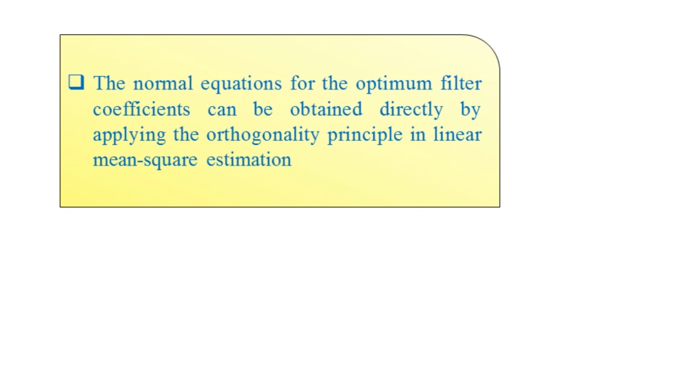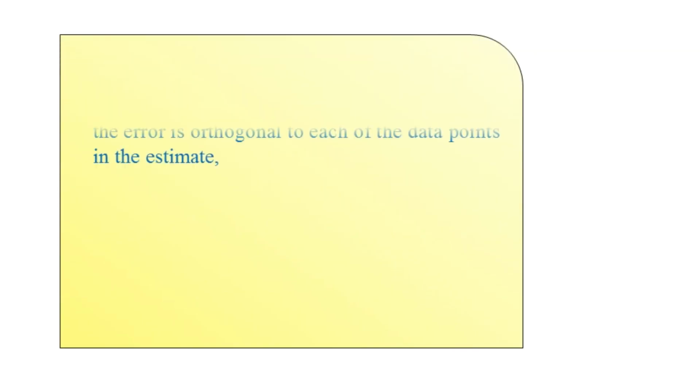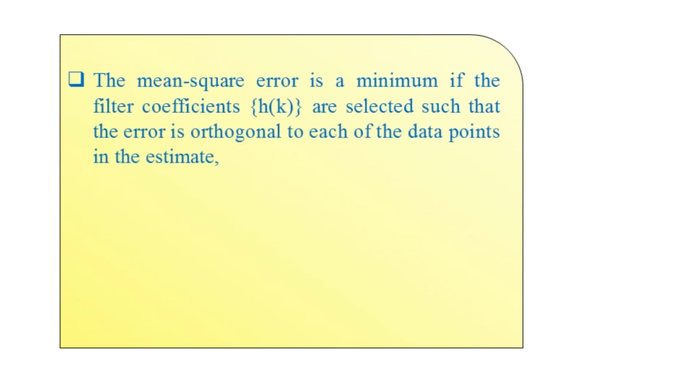Simply, the mean square error, which we denote with the Greek symbol epsilon, or psi, here xi, is a minimum if the filter coefficients, which we generally denote h of k, are selected such that the error is orthogonal to each of the data points in the estimate. It can be expressed as capital E of small e of n multiplied by the conjugate of x of n minus l, and this is equal to 0 for l equal to 0, 1, 2 and so on